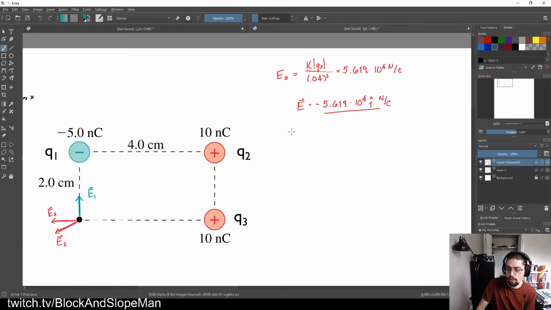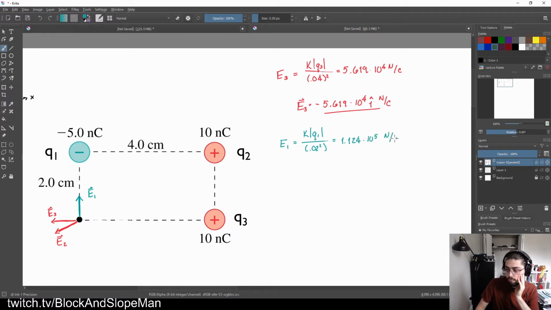So now, let's do the same thing, but with E1. Let's see if I can get the darkest version of that one. Oh, and I messed up. That should be labeled E3. I need to make sure that I keep track of those. That's pretty important to have. So now we do the same thing with E1. I'm just going to start with the magnitude again because I immediately see it's pointing in the positive y direction. Here, the absolute value signs do matter. 0.02 squared. Should be able to find some sort of magnitude out of this. 1.124 times 10 to the 5th